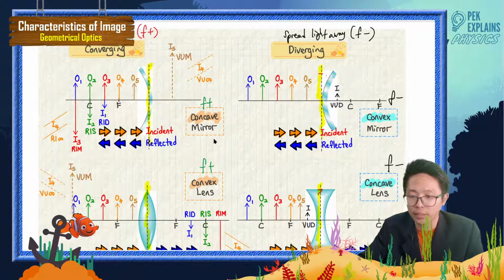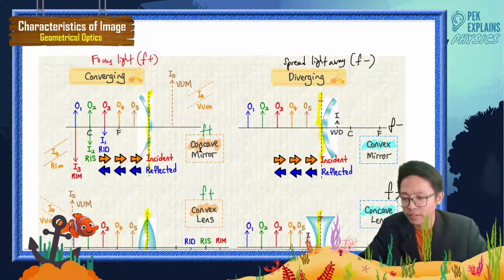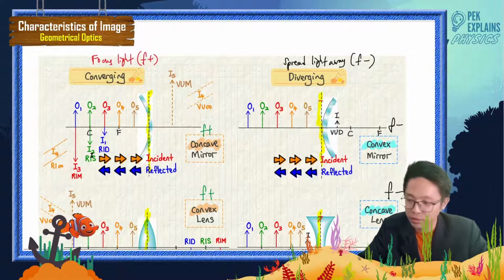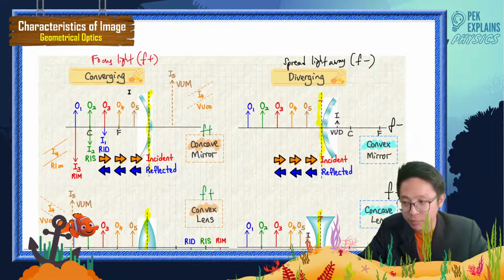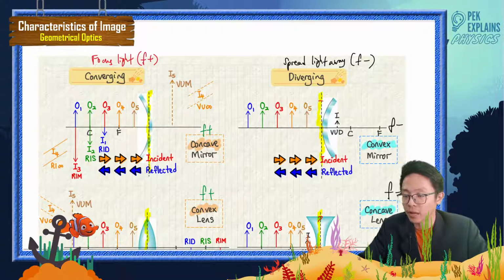Okay. Look carefully. Now let's talk about the concave mirror. So mirror, of course, incident ray and reflected ray. The light is reflected away, isn't it? This is a converging mirror. Converging mirror means it can form real image. Converging mirror can form two types of image. It can form real